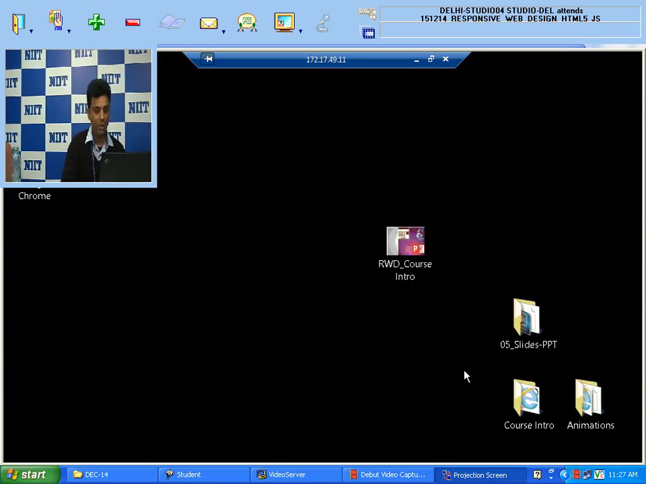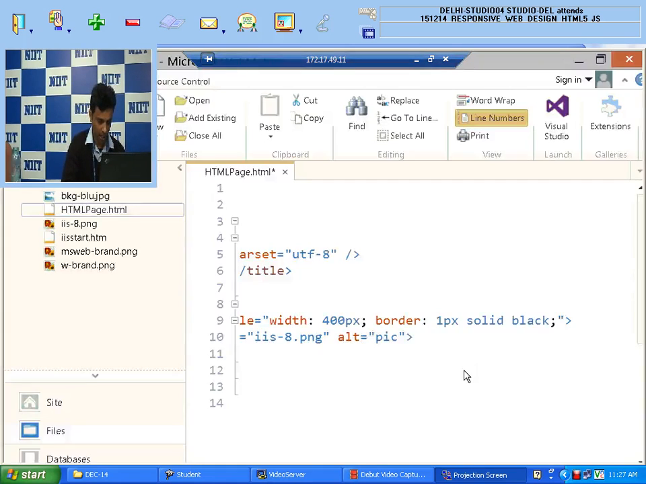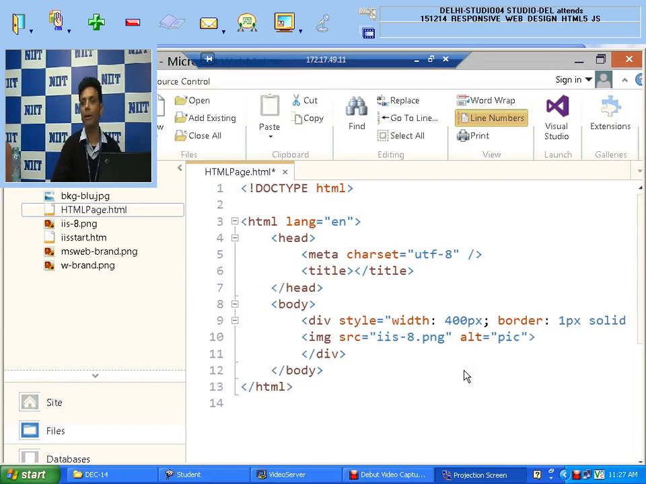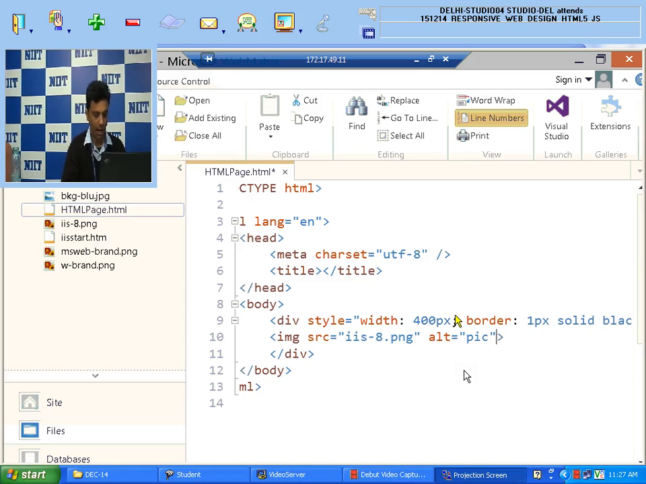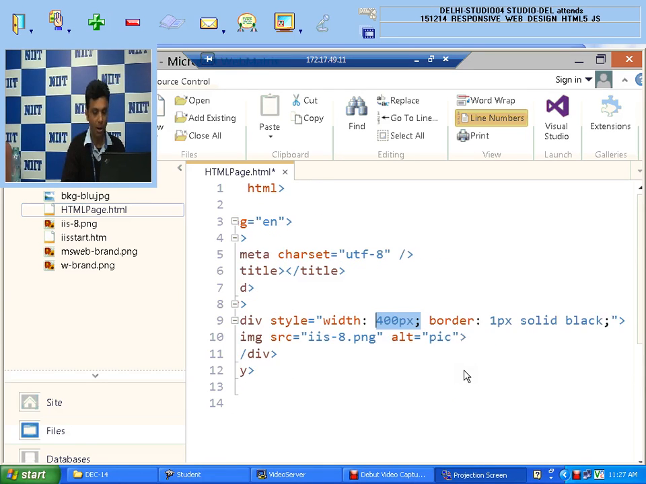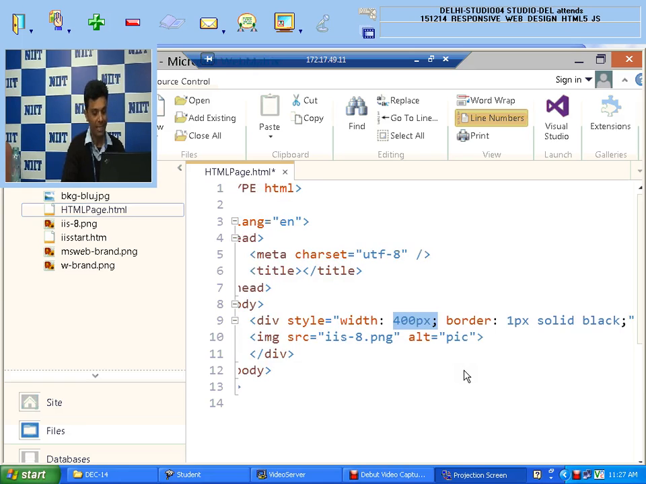I'm going to share one example with you now of how I will make images responsive in my web page. Let's say I make one div, and you can see I give the size of my div as 400. I give a border to my div, and inside that I use one image. You can see over here. Now, if I try to open this,